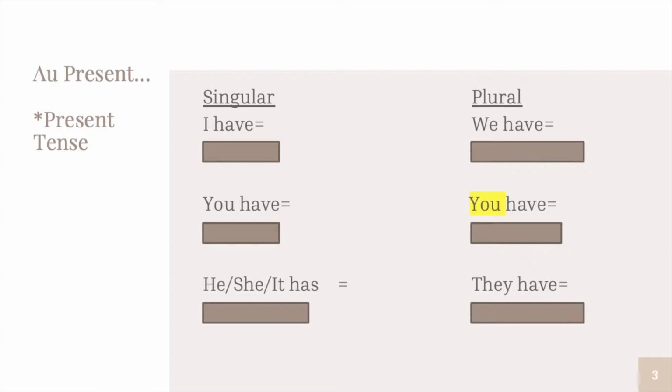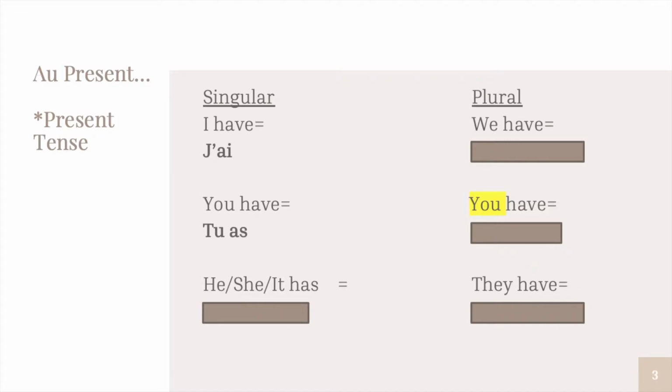So let's start by conjugating avoir in the present tense. If you wanted to say I have, you would say j'ai. For example, if I wanted to say I have an apple, you would say j'ai une pomme. Next, to say you have, you would say tu as. And again with the apple example, if you wanted to say you have an apple, you would say tu as